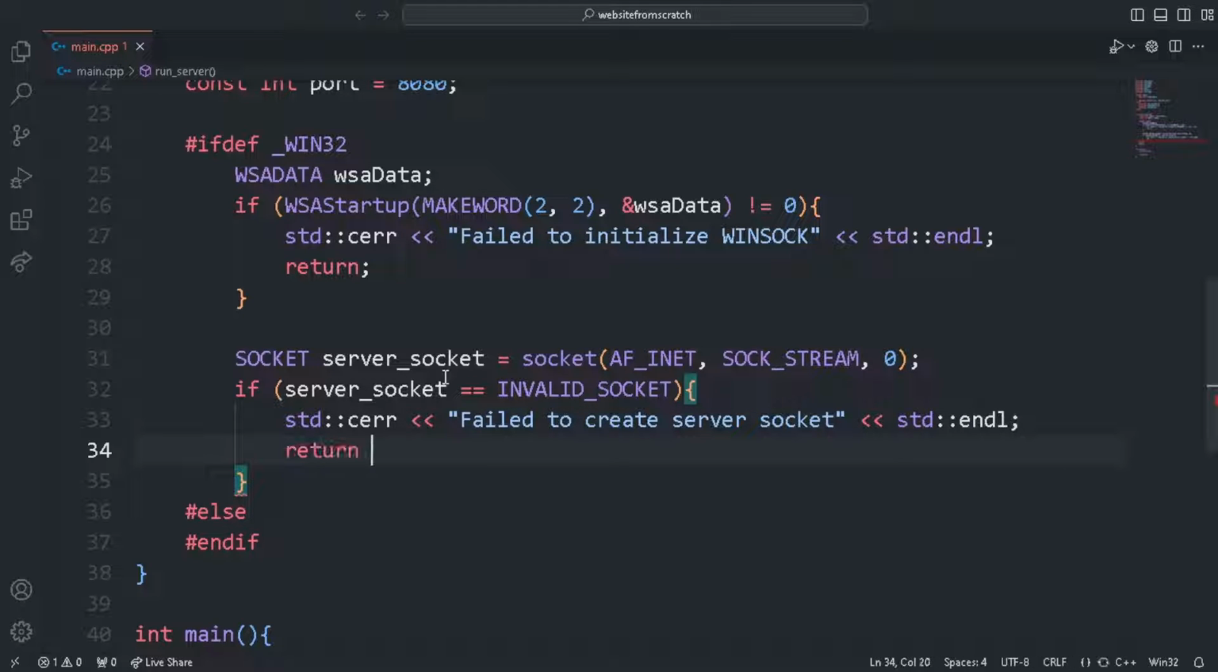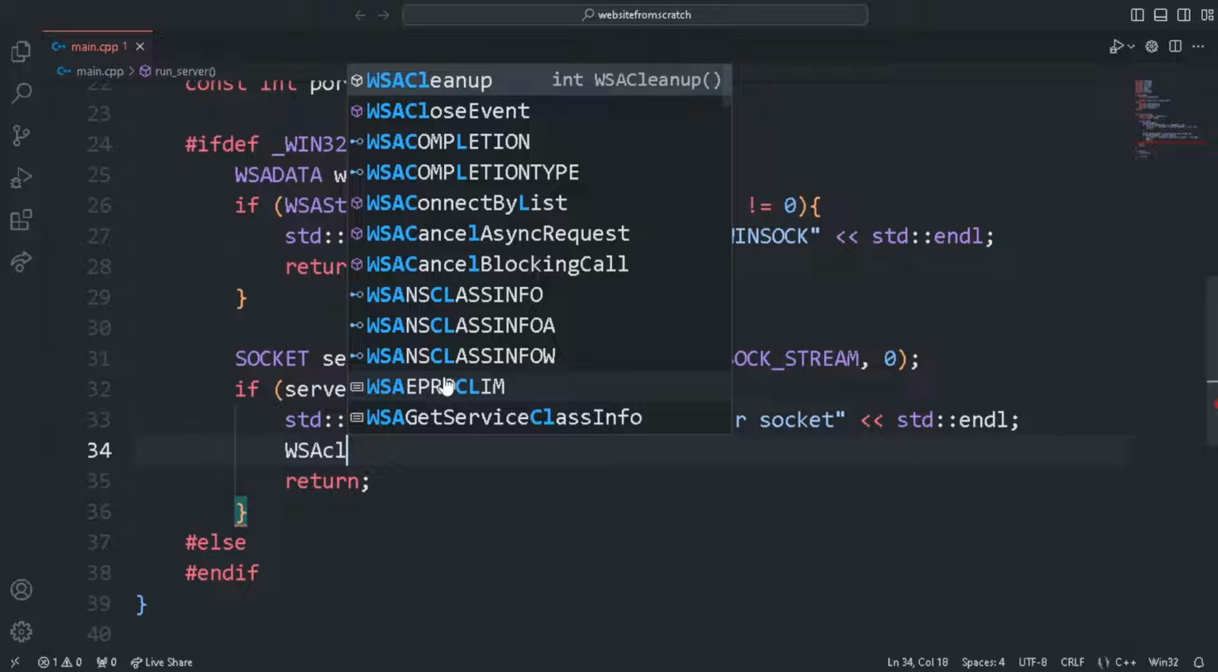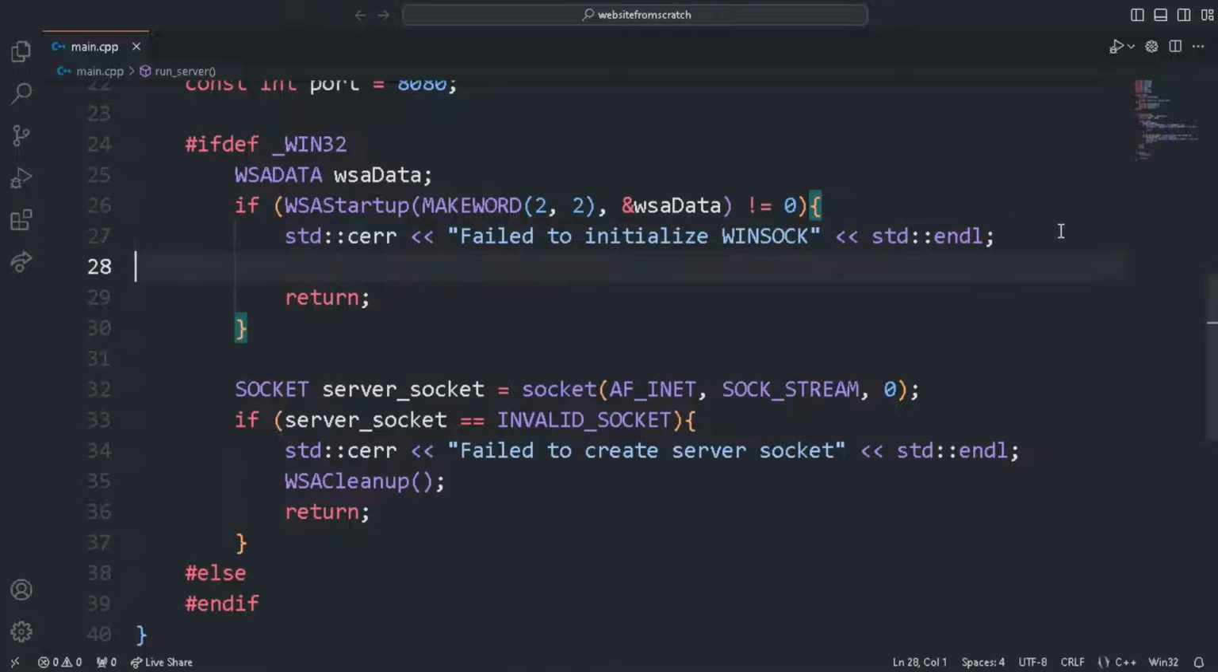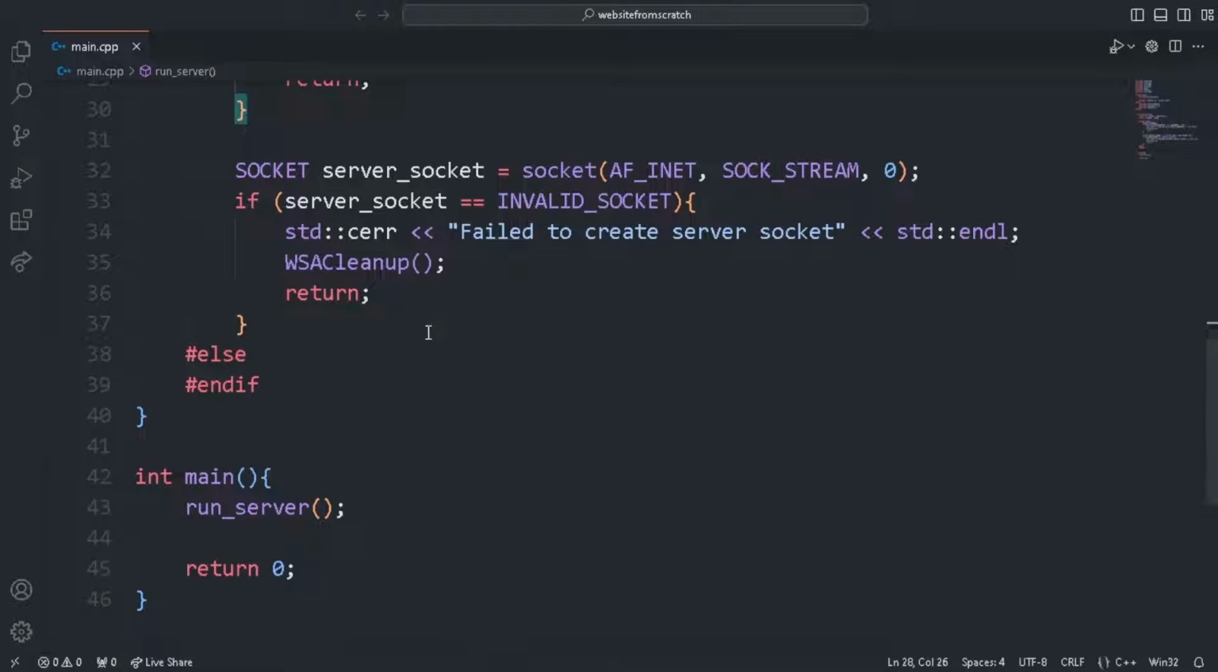And again I will return. Before that I will also clean up the WSA library, WSA cleanup. I will copy this one and paste it in here also, if the initialization fails. Now for other operating systems there is only very little difference,